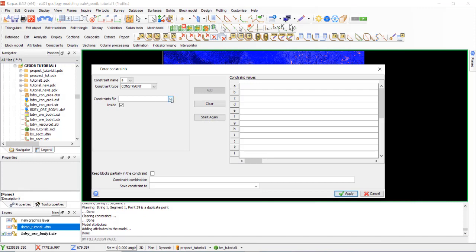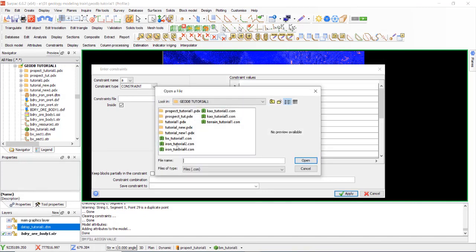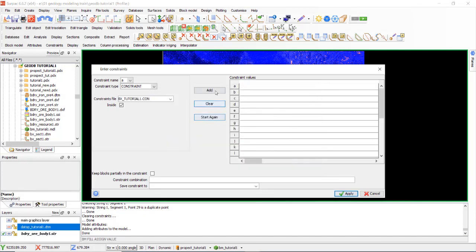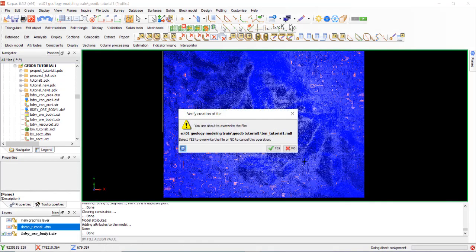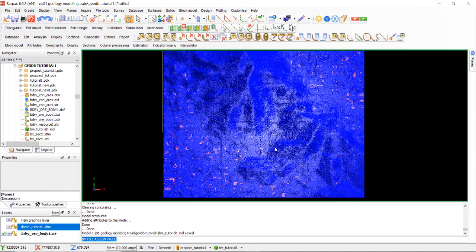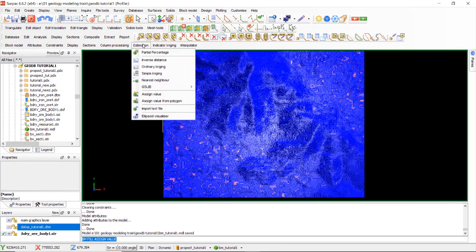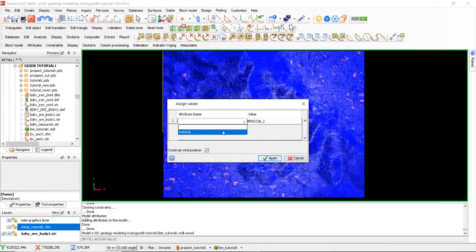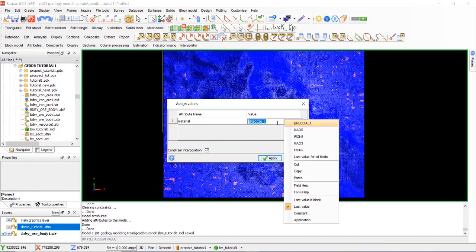Apply constraint to BX layer 1. Okay, apply. Yes. Next, estimation for the same material, using, after Brexia, is iron ore.